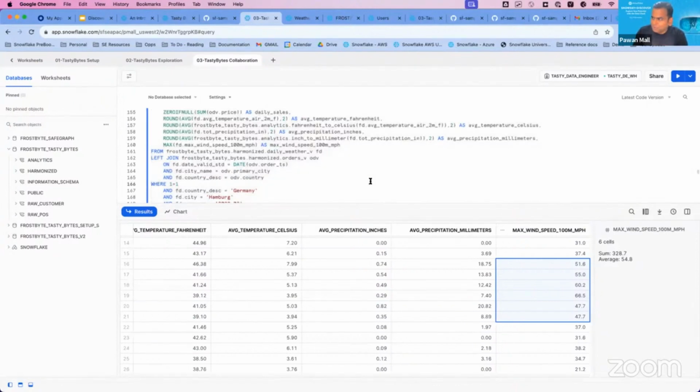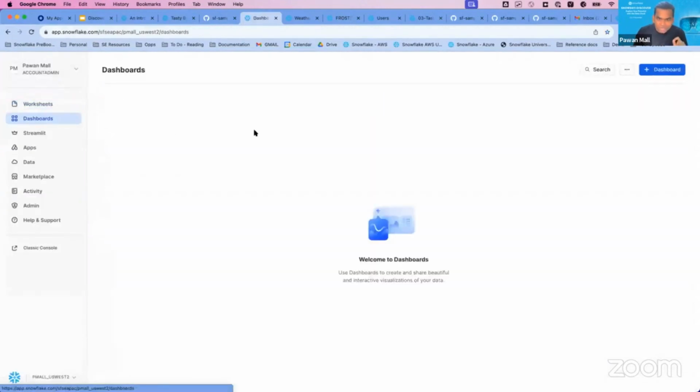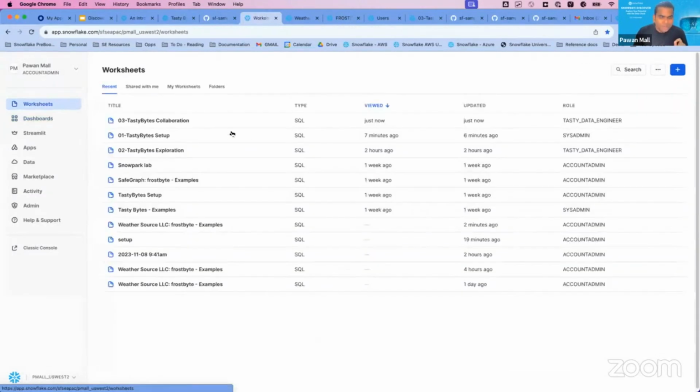In these 2 examples, what I showed is how you can pull in your first party data from different systems into the Snowflake platform, and how easy it is to create computes, roles, access, schemas, views, and all those familiar things. And then how easy it is to bring in third-party data, combine it with this data, and do analytics on top of it. In the Snowflake platform itself, there are a lot of capabilities around dashboarding which you can build.